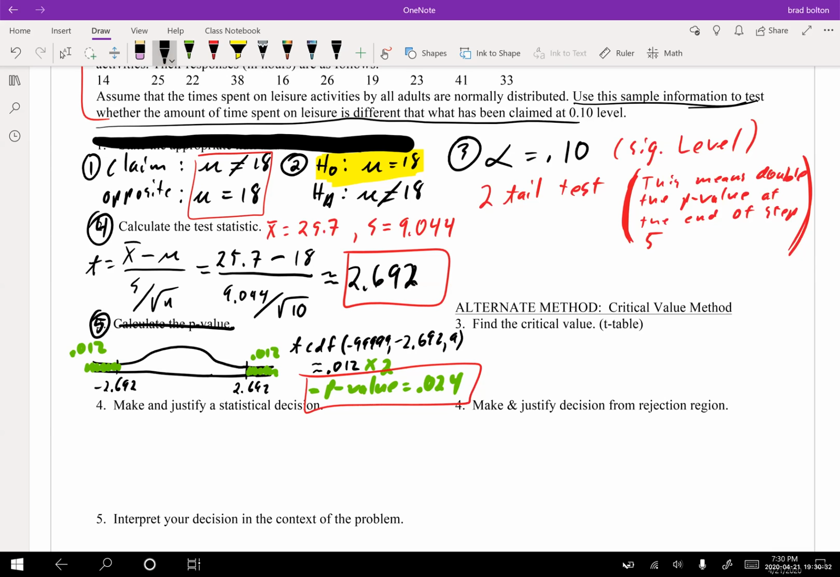Now we're going to do step 6. We have to make our decision. It says make and justify a statistical decision. Our p-value is 0.024, and our significance level is 0.10. So in this case, since our p-value 0.024 is less than or equal to alpha, which is 0.10, we reject the null